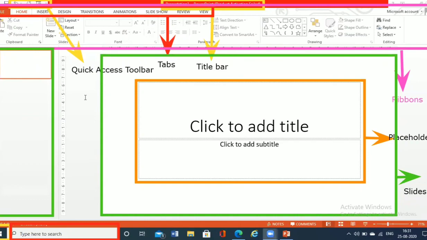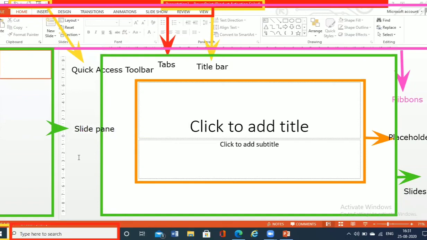It gives numbers to your slides as well, so from here you can come to know how many slides you have in your presentation. That is why it is said to be the slide pane, which holds all the slides available in your presentation.